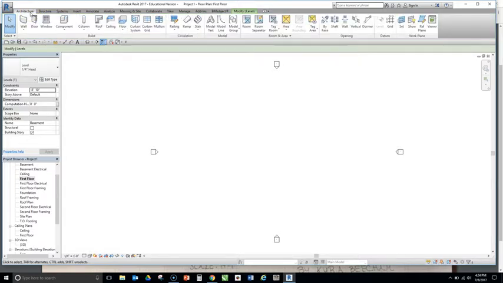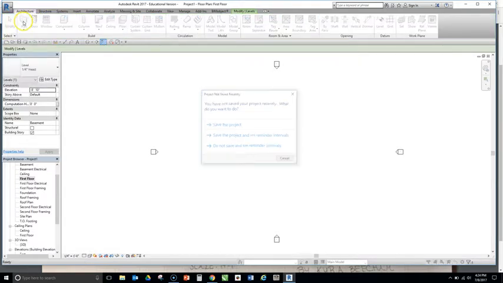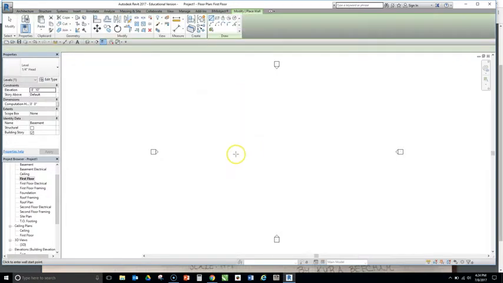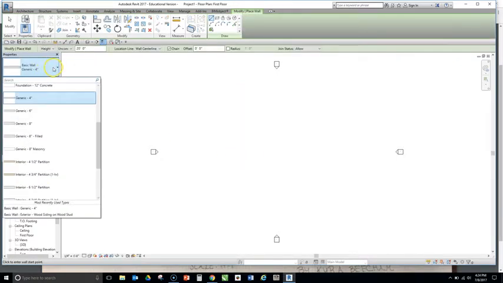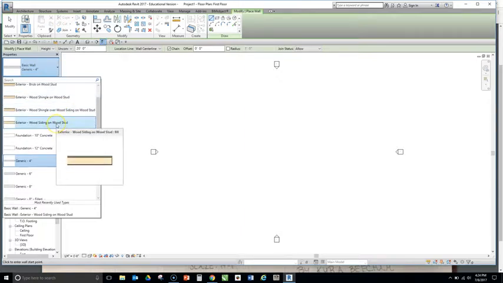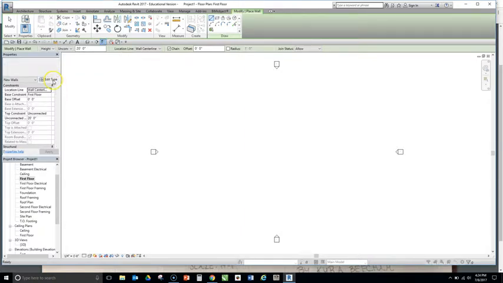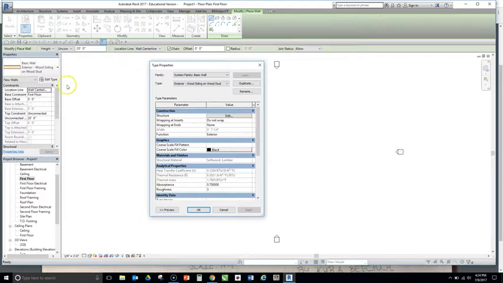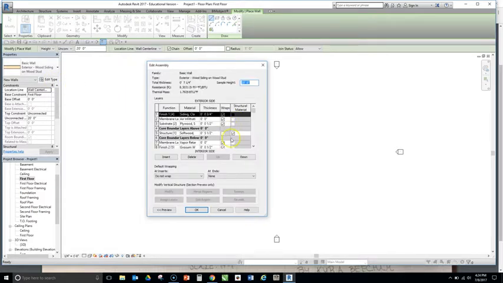So we'll go to the Architecture tab, click Wall, and I'm going to choose an exterior wall, wood siding on wood stud. And if we look at the layers of the wall, hit Edit Type, Edit, look at the different layers of the wall here,